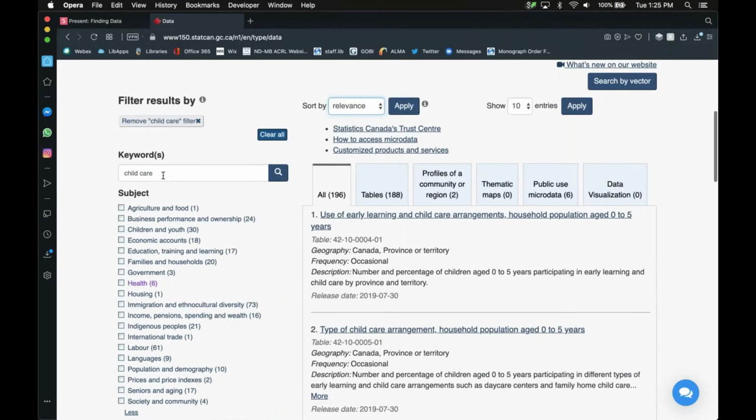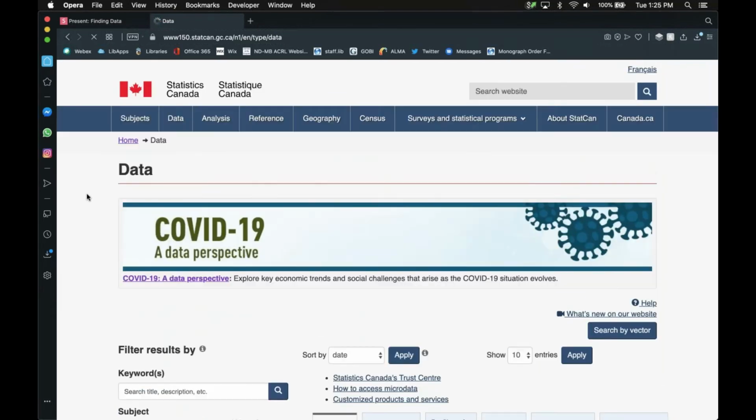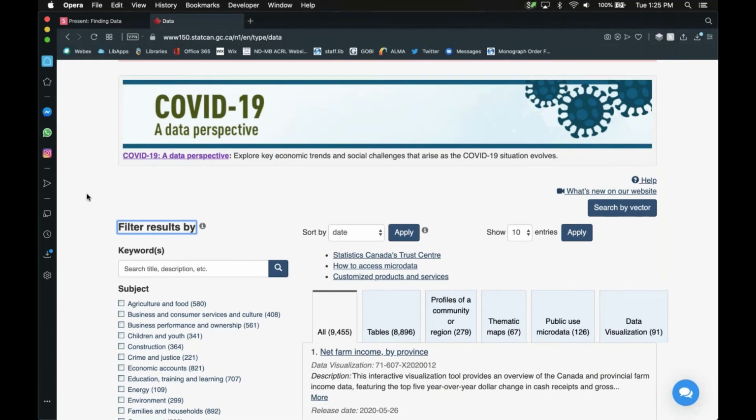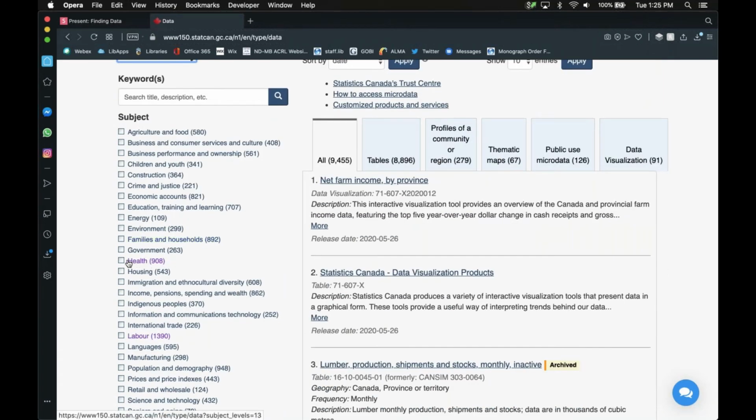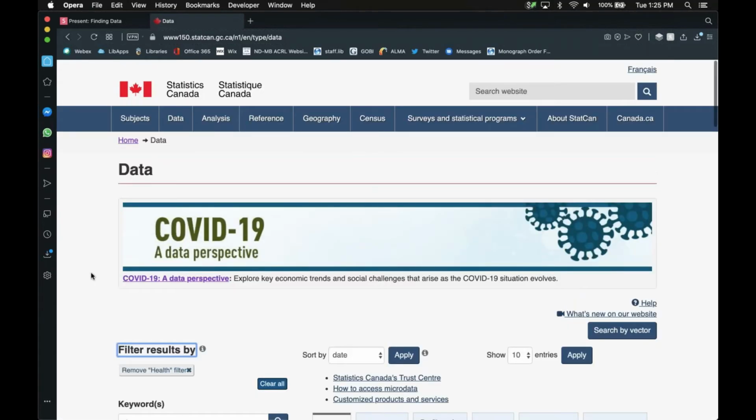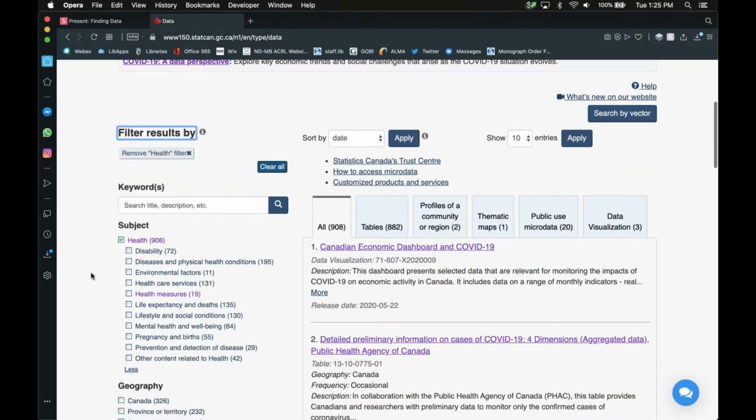So yeah, that's just using the search bar. And you can always see your filters right here, and filter by results. So the filter that I've applied is just the childcare keyword. I'm actually going to take that off for now. And I'm going to go to health, just as an example, to search by subject. So there's 908 data tables related to health. And as you can see, the number one that pops up right at the top, published the 22nd of May, 2020, so that was just a few days ago,